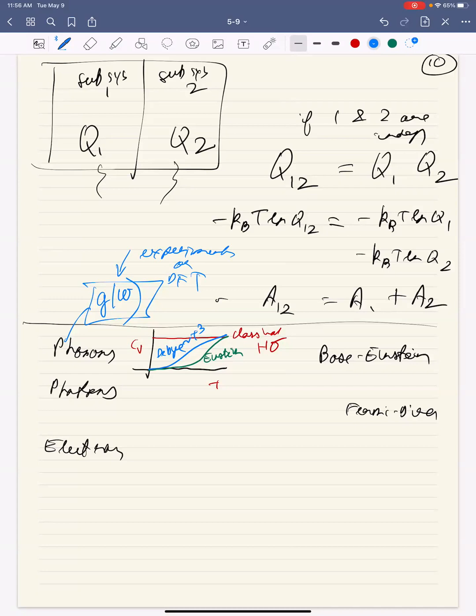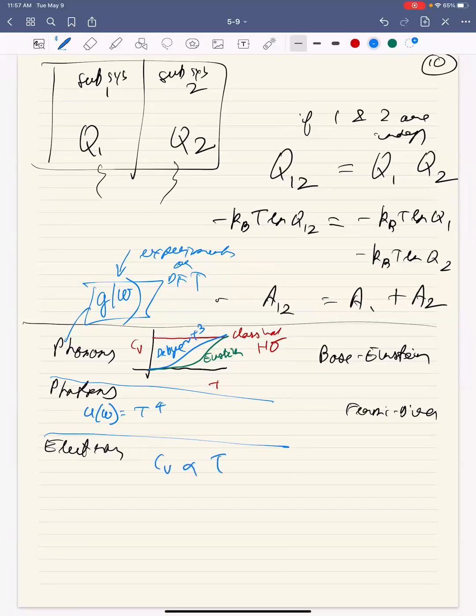For photons, what was the main thing that we calculated? We looked at black body radiation, remember? And we derived the Stefan-Boltzmann law. We saw the T to the power 4 dependence, and we calculated the temperature of the early universe, which was around 2 Kelvin or something like that. For electrons, we again went back to heat capacity. So for photons, we looked at U of omega: in black body, what is the energy coming at a certain frequency? For electrons, we again looked at the heat capacity problem,